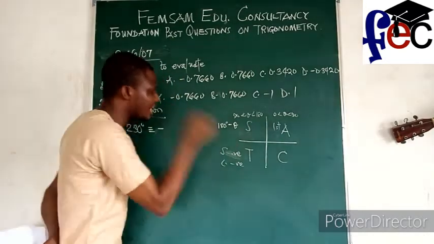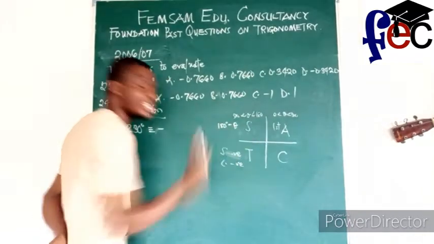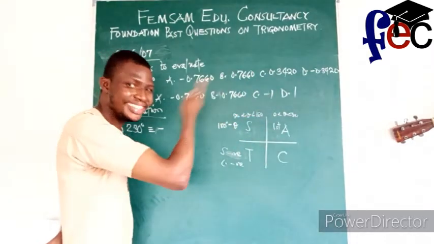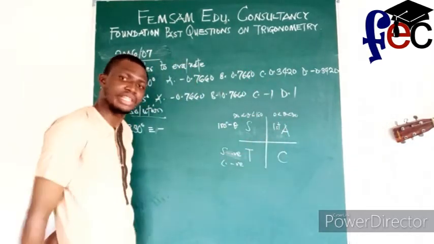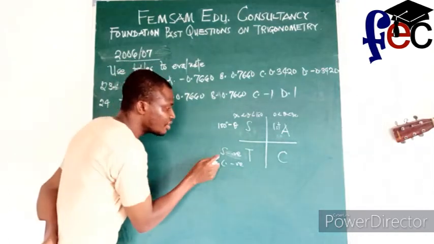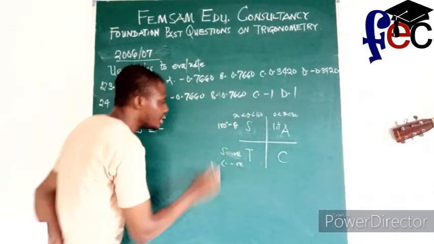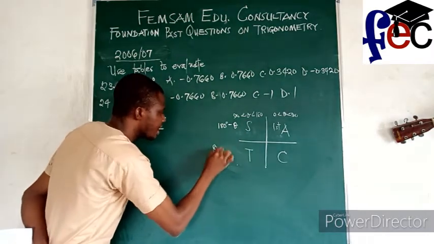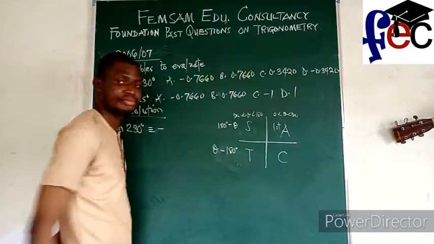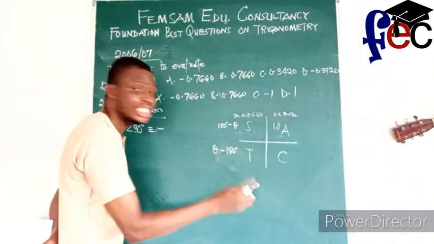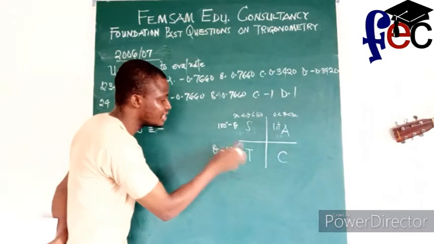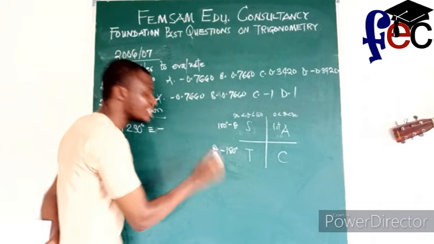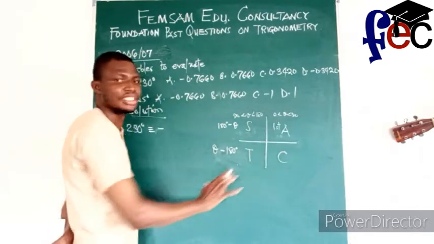Now that shows that every angle in this quadrant is less than 180 degrees. The moment you subtract that angle from 180 degrees, it will automatically reduce it to an angle in the first quadrant. Now, in the third quadrant, the acute angle equivalent is just going to be theta minus 180 degrees. The moment you subtract 180 degrees from that theta, because theta in this case is greater than 180 but less than 270, it will automatically reduce the result to an angle